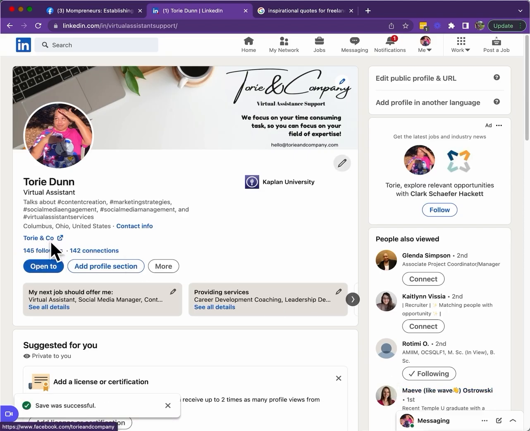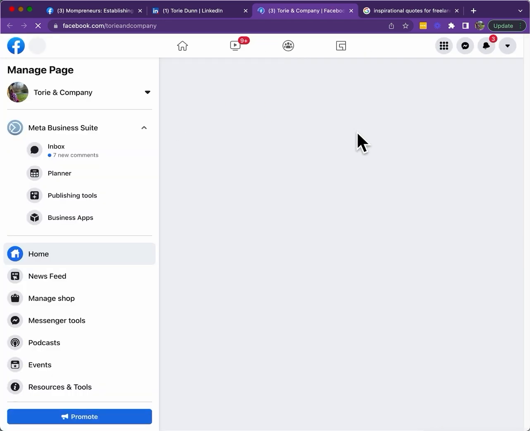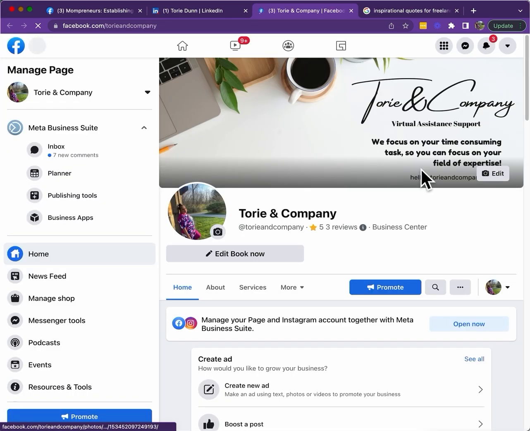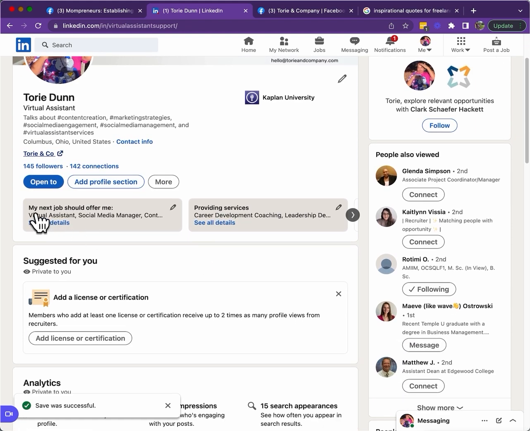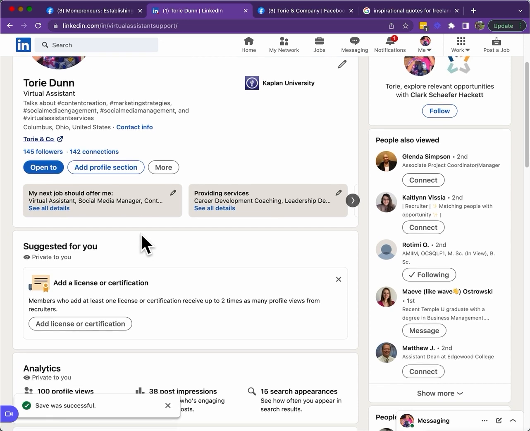This is where you find that link text. Click on it and it'll take you to whatever you link to it. The business page, the Facebook business page, or if you link the website, it'll take you to the website. So you can optimize these things if you like.